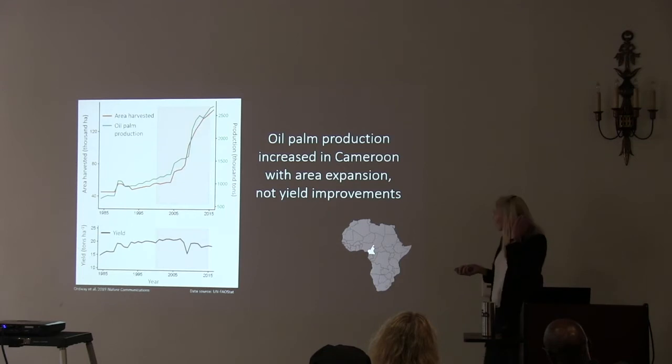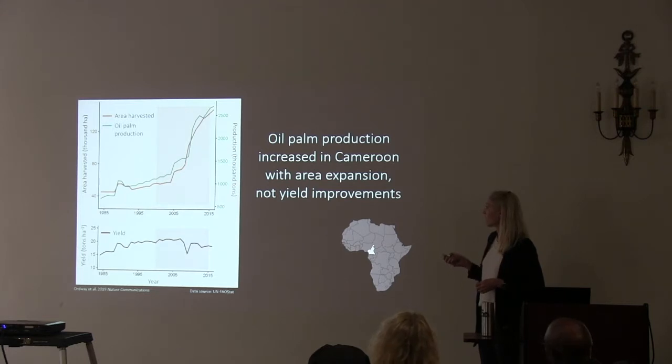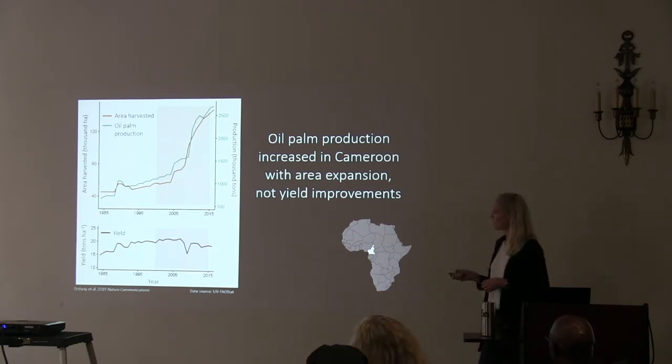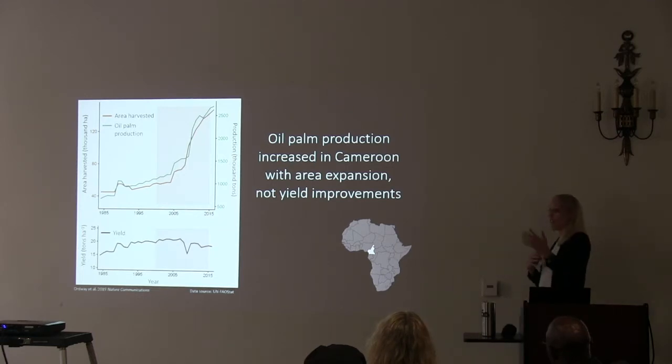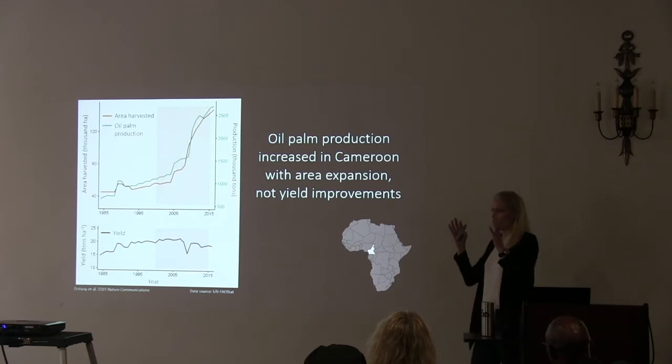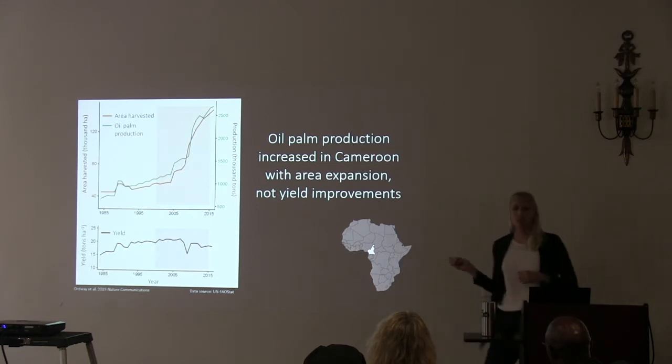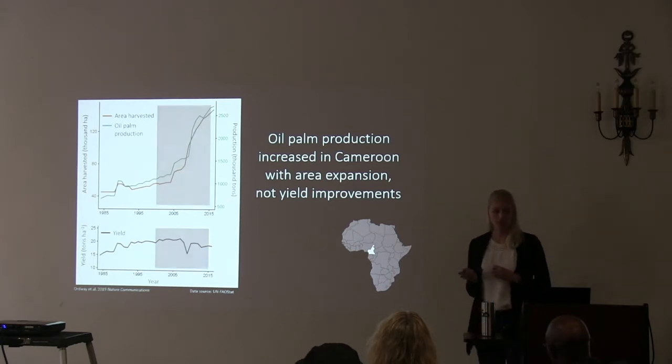And if you look at this more closely, it looks like most of this production is really linked to the increases that we're seeing, with area harvested shown in brown, and production shown in green. And that's been at the same time that yields have really remained stagnant, if not declining. So what this suggests is that increases in production are happening from expansion as opposed to an increase in yield. But these country level statistics don't really tell us anything about where this is happening or whether it's contributing to deforestation.